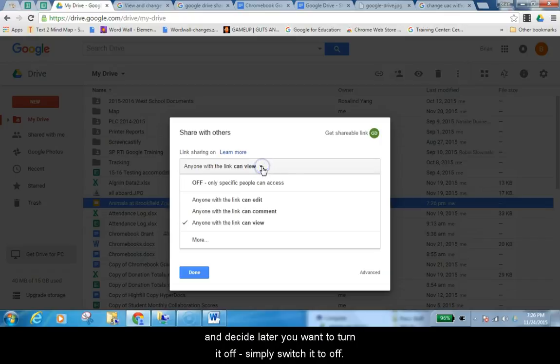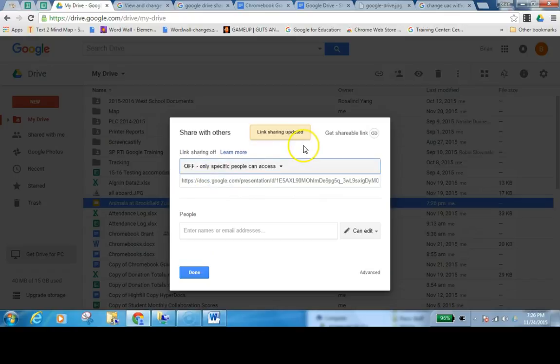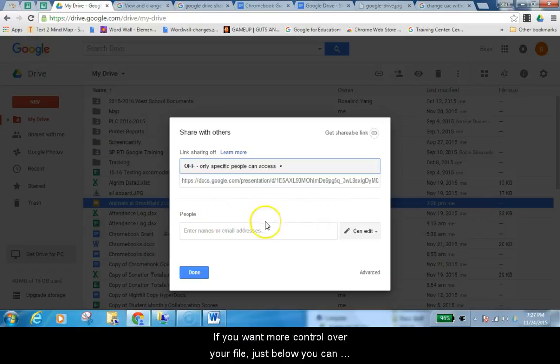If you turn on link sharing and decide later that you want to turn it off, simply switch it to off. You do not have to turn on link sharing if you do not want to have such a general audience to your document. If you want to have more control over your file, just below you can enter in